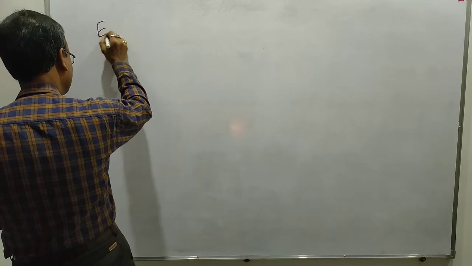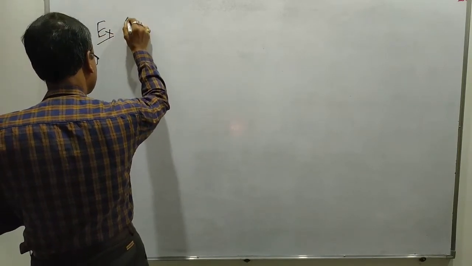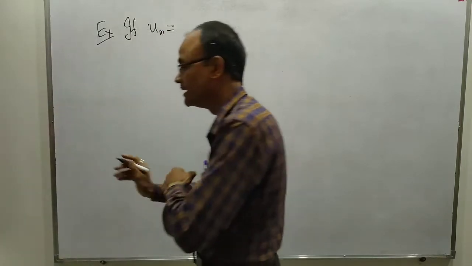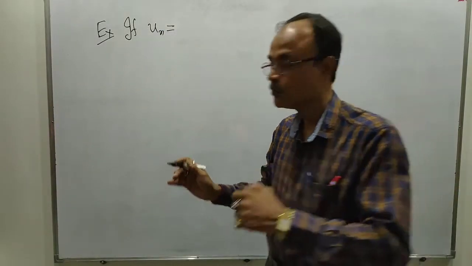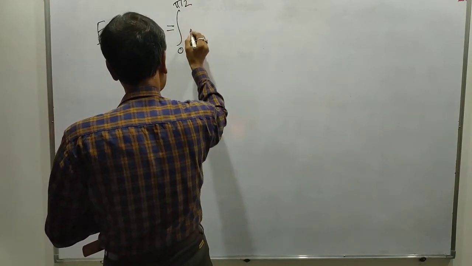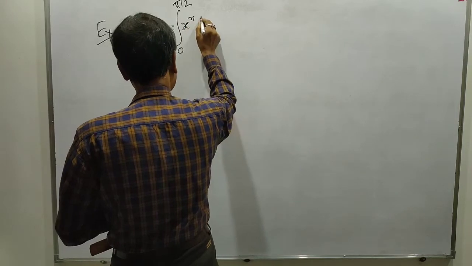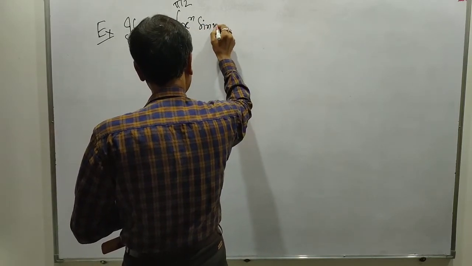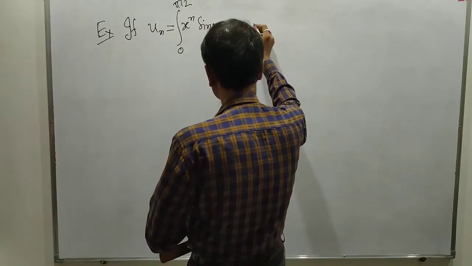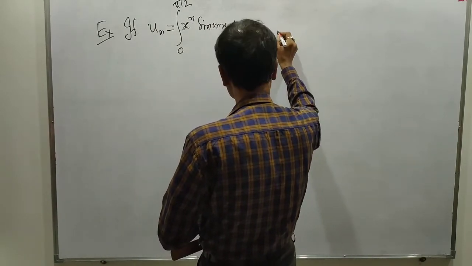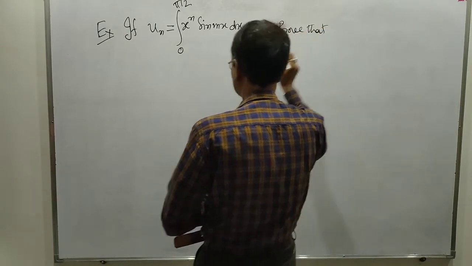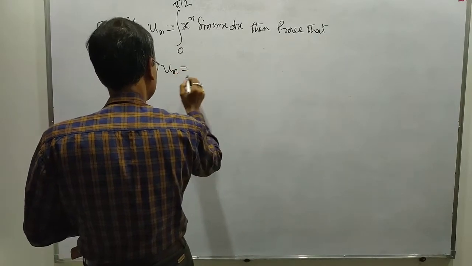Let us take one problem. If Un equal to integration 0 to pi by 2 x to the power n sin mx dx, then prove that Un equal to